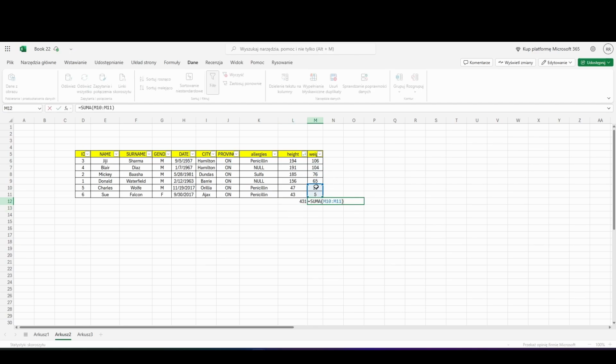Yeah, we can do the same with this column. We can do the same here. We can do the same here. And yeah, we have the range for the sum function here, and we have the sum function here. Okay, next what I want to do is, for example,